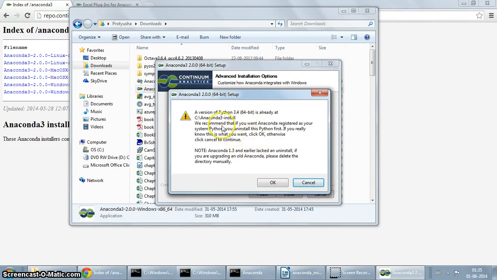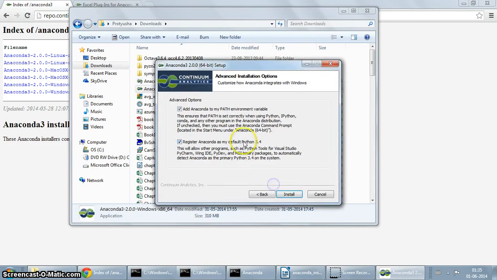We'll just ignore this warning. This is because I already have Anaconda installed, but you most likely won't see this if you're installing Anaconda 3 for the first time. So you may leave this unchecked, but I would recommend adding the first one definitely, because it ensures that the Anaconda packages are the first ones being looked up, including the interpreter and everything. So once this is done, just select install,